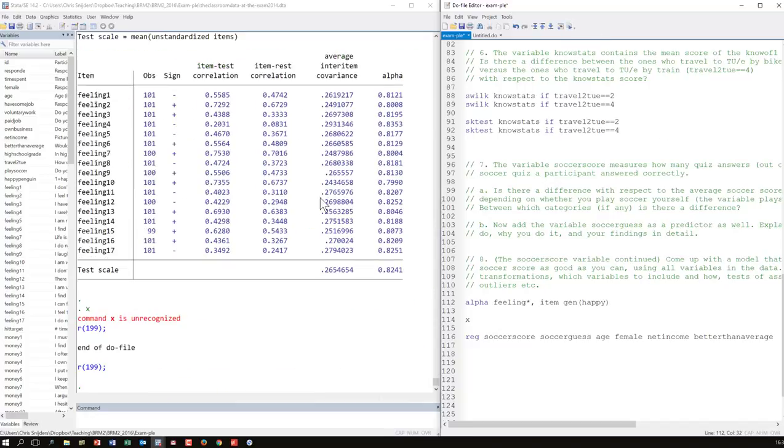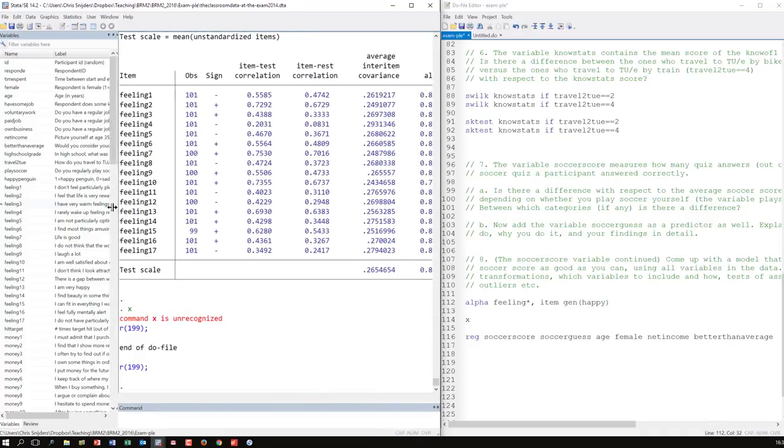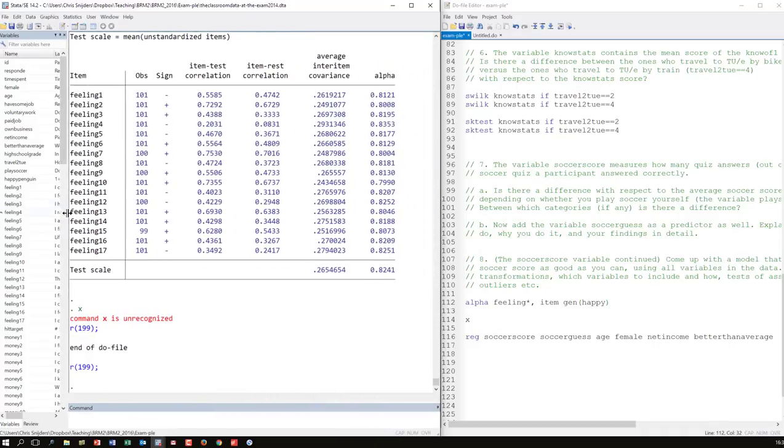Now I created the variable at the same time. Let's double check. We have a negative sign over there. That was for feeling 1. Feeling 1 was, I don't feel particularly pleased with the way I am, I think. So that is one that is negatively formulated, and that one has a negative sign.